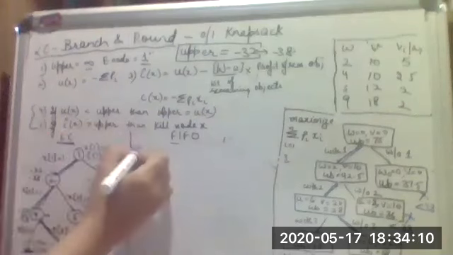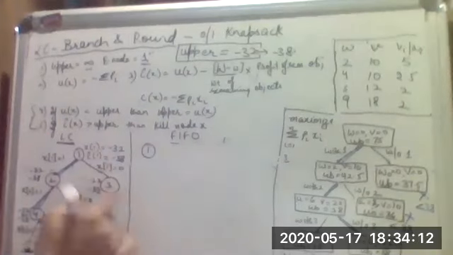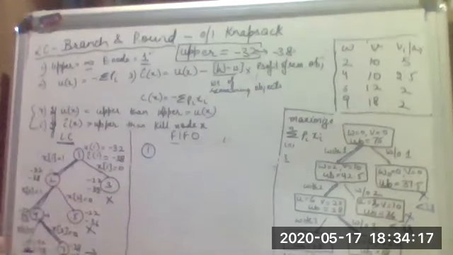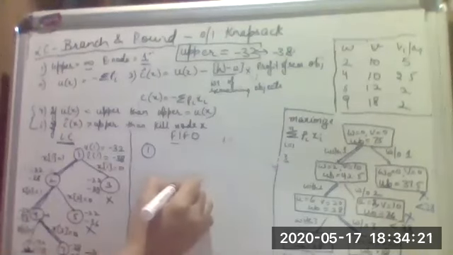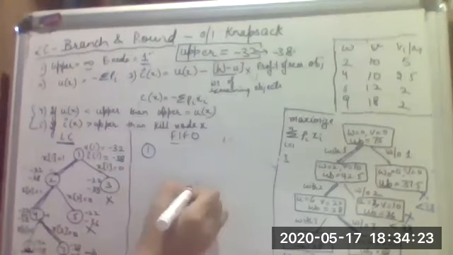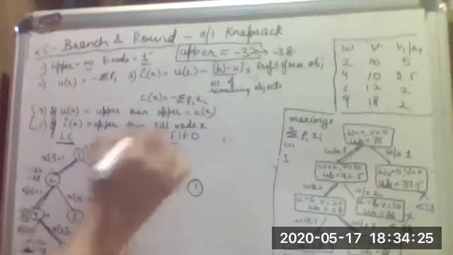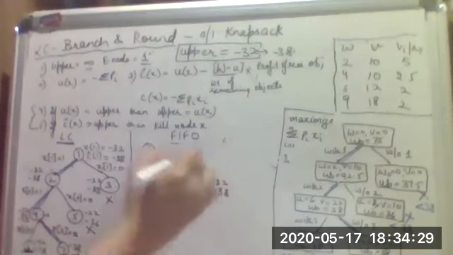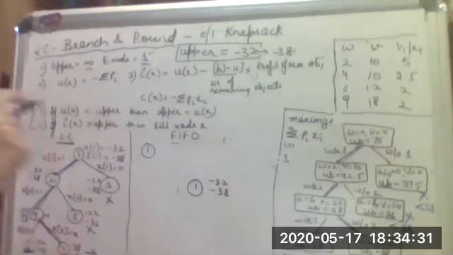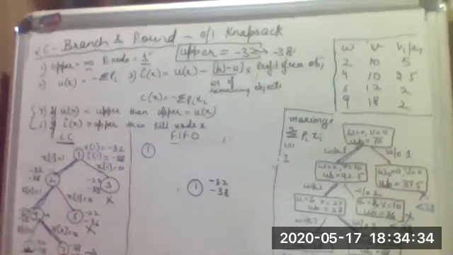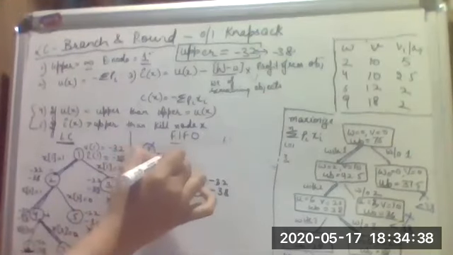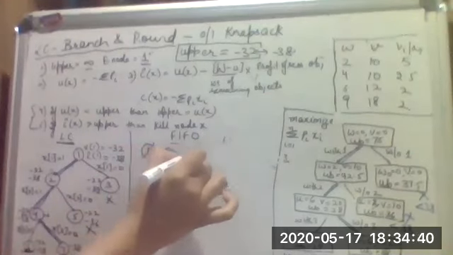So for that, when the first node is created, it is going to work in the same way. Yes, that means it is going to create the same values. So I'm not going to write the complete computation again. Let me just use the same thing that I have calculated here, minus 32 and minus 38. And from there, because there is only one node, it is taken out and its two subnodes are generated. That is 2 and 3.